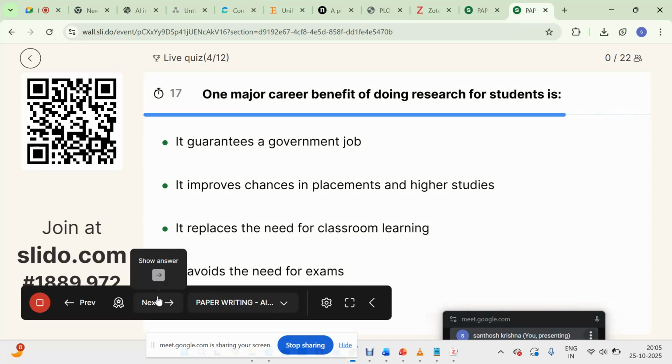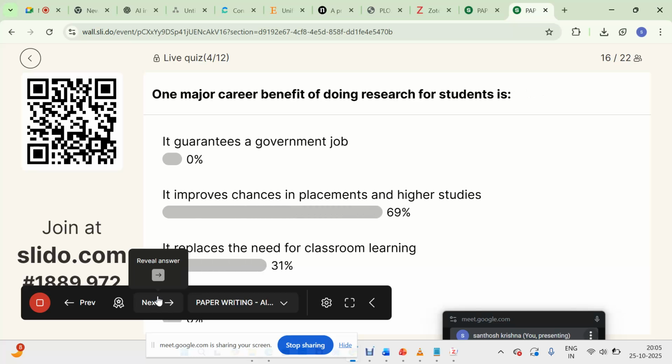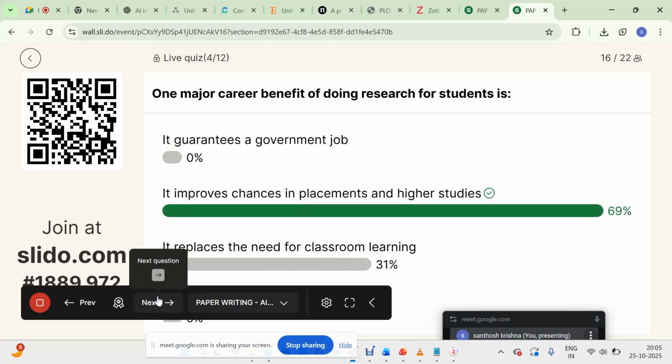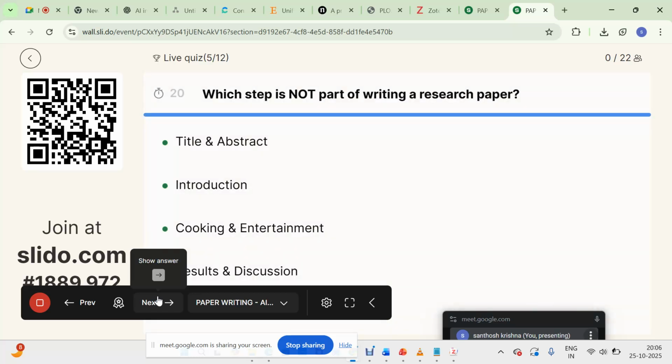It is for the student, and we can take it for anybody, because we are the ones who need to tell students why we need to do research. Next question.